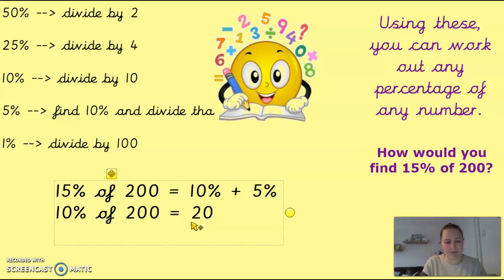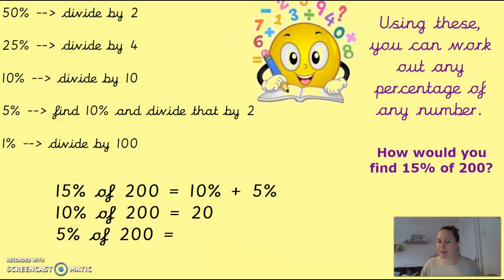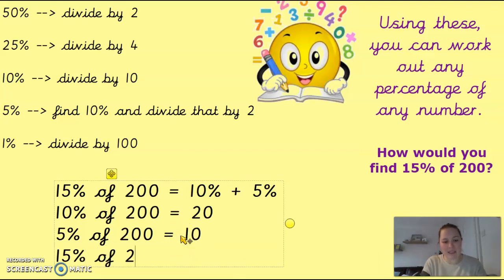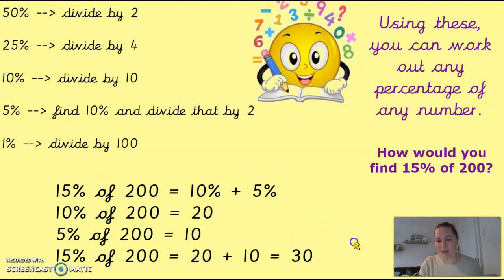So that's 10%. 5% of 200 equals, I've got 10% was 20. To find 5%, I need to half that, divide that by 2. So 20, half of 20 is 10. And then 15% of 200, therefore, equals the 20 plus the 10 equals 30 is my final